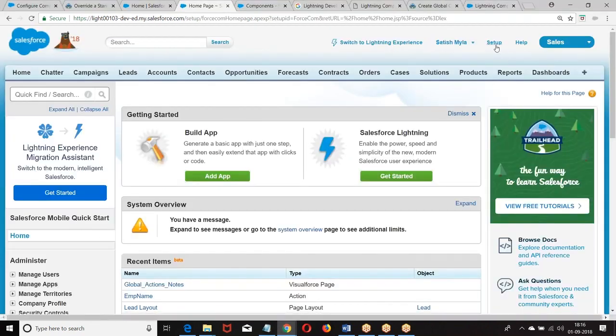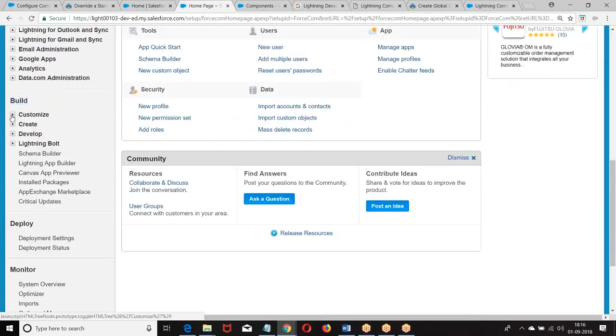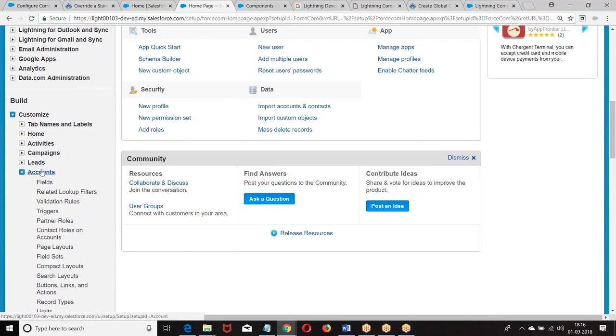Go back to setup, build, customize, and go to the object. It's object specific: we are overriding the functionality of a particular object or defining extra functionality on it. So we go to the particular object.